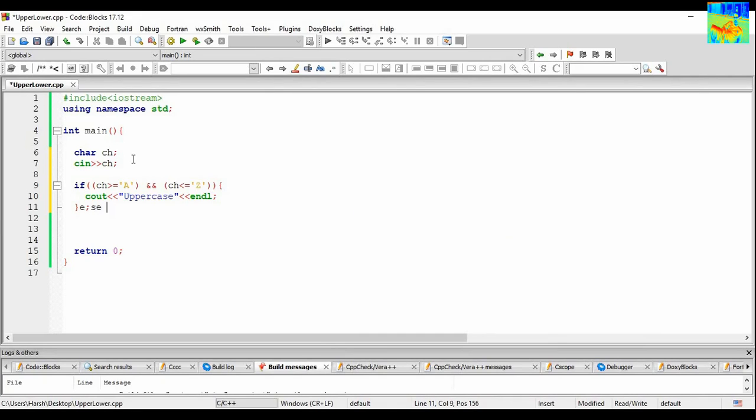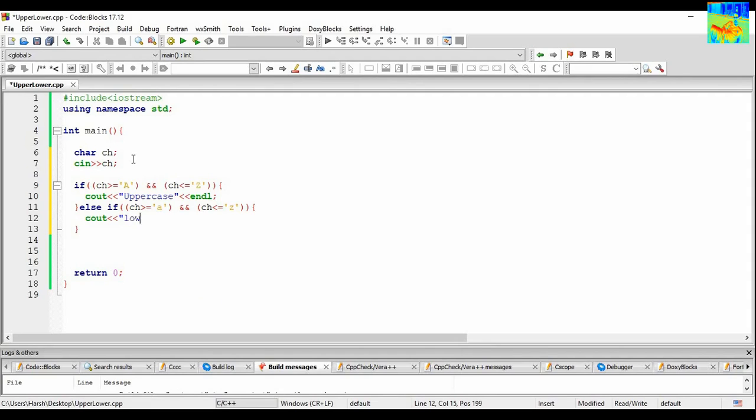Else if I check that my character is greater than or equal to small a and my character is less than or equal to small z, then my character is a lowercase alphabet.